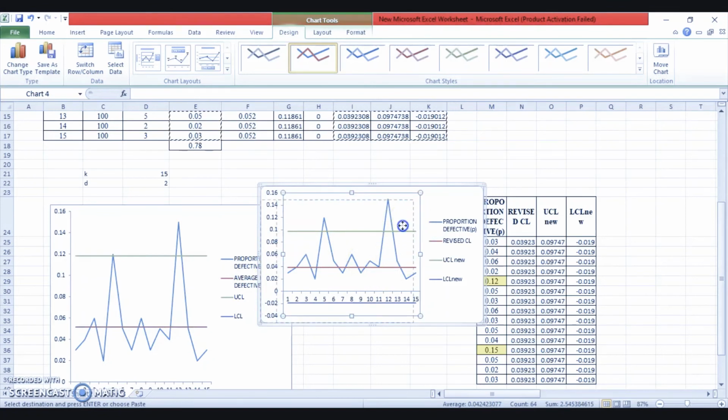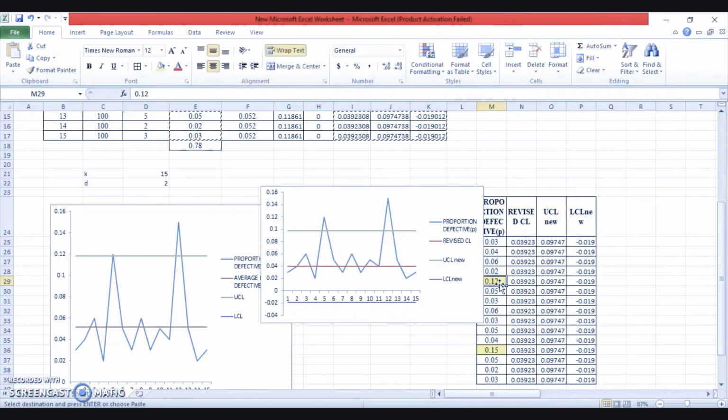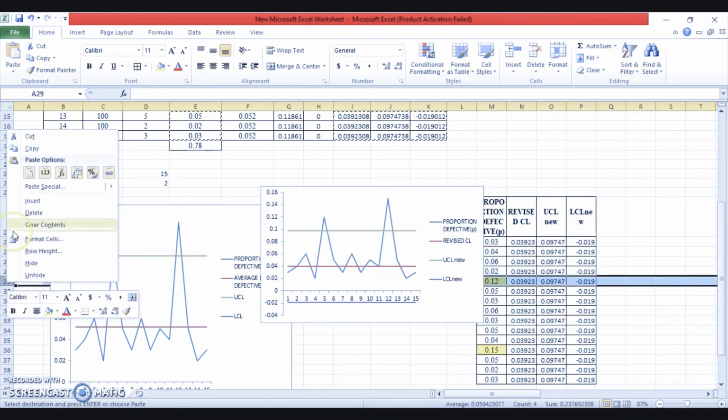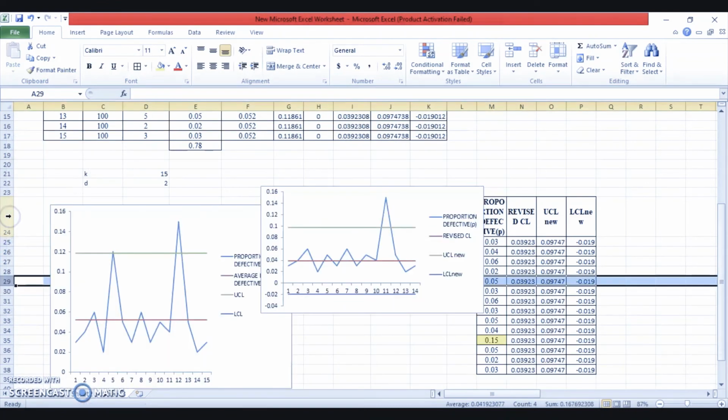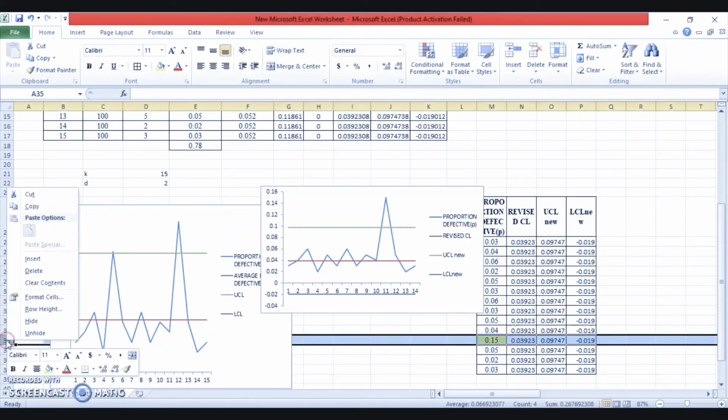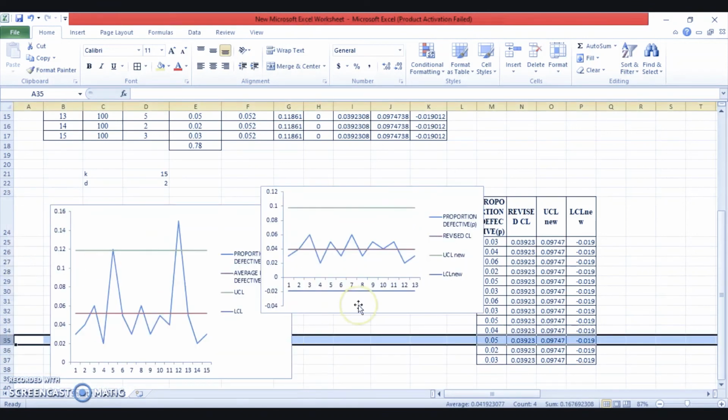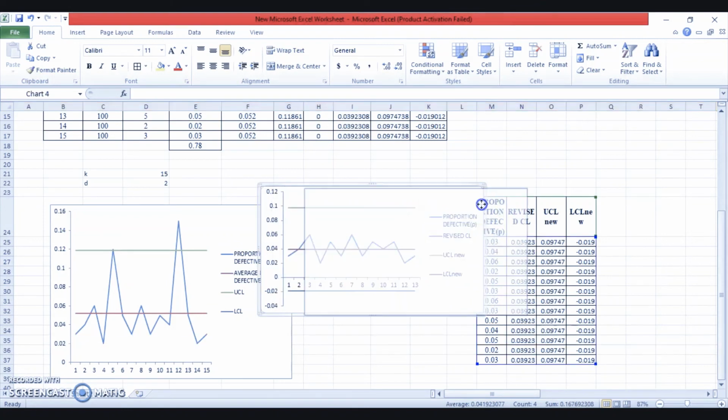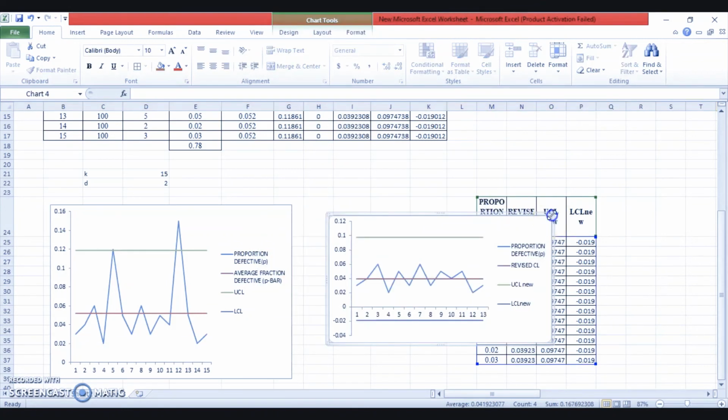Before doing anything else, first of all, the values which were already highlighted. Why? Because they were giving an idea that they were the points which were the discarded samples. So I'll delete those 2 points first. If I had deleted them in the table, because there's a lot of calculation, it would disturb the calculations and there would be errors, so it's better if I do it here. And now you can see the difference between the 2 line graphs I had.